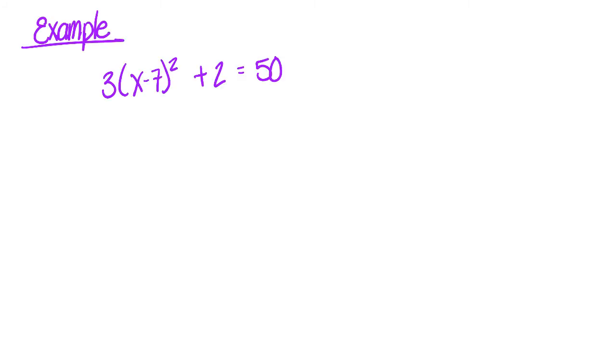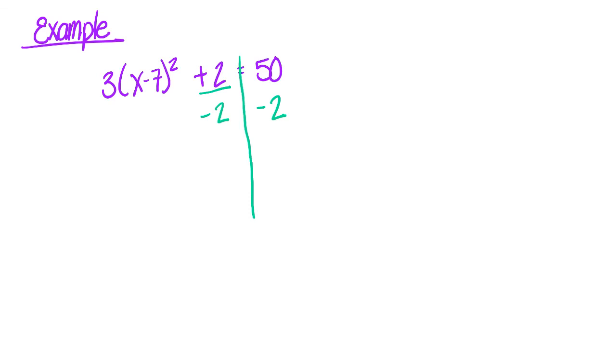Solving perfect square equations can get even more complicated when you have extra operations in the equation. Let's take a look at an example. This example reads 3 times the quantity of x minus 7 squared plus 2 equaling 50. Now, in the very beginning, we talked about how you need to get rid of the most outside operations. Well, this is very similar to when you solve linear equations, where you would simply get rid of first your addition and subtraction. So here I have addition going on, and we're going to undo addition by simply subtracting 2